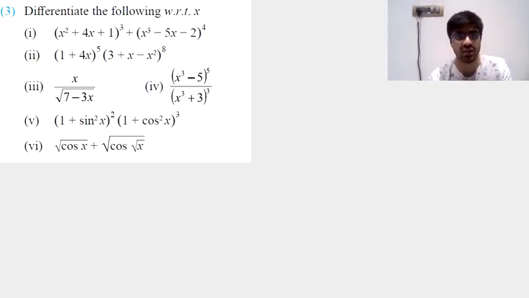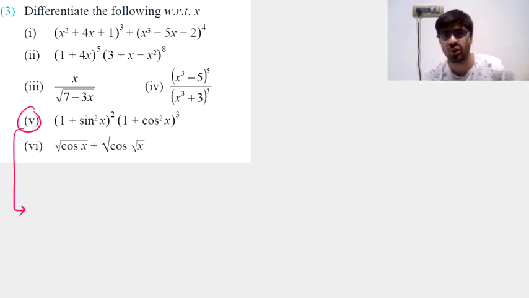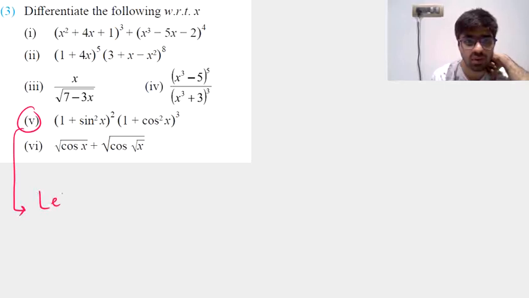So in case you haven't got a grip on that, try practicing more questions, and trust me, by the end of solving 5 to 6 sums properly, you will be in a good flow with all these questions. Take the fifth one. So we have y as the given function. It's of the type u into v. So again dy by dx will be